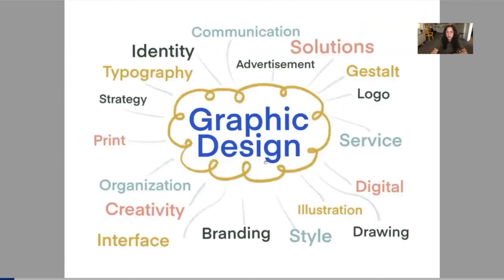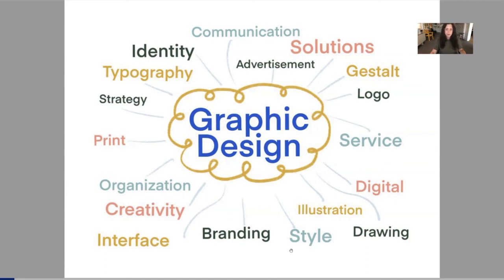So, what exactly is visual communication and graphic design? It is a lot of things. When people ask me what I do and I say, oh, I do graphic design, they say, what's that? Depending on my mood or who I'm talking to, I usually just say, oh, I make logos and websites and things like that. And people usually say, oh, okay, they understand. But it's so much broader. There's so much more to it, and we are going to delve into that within the course of the semester.